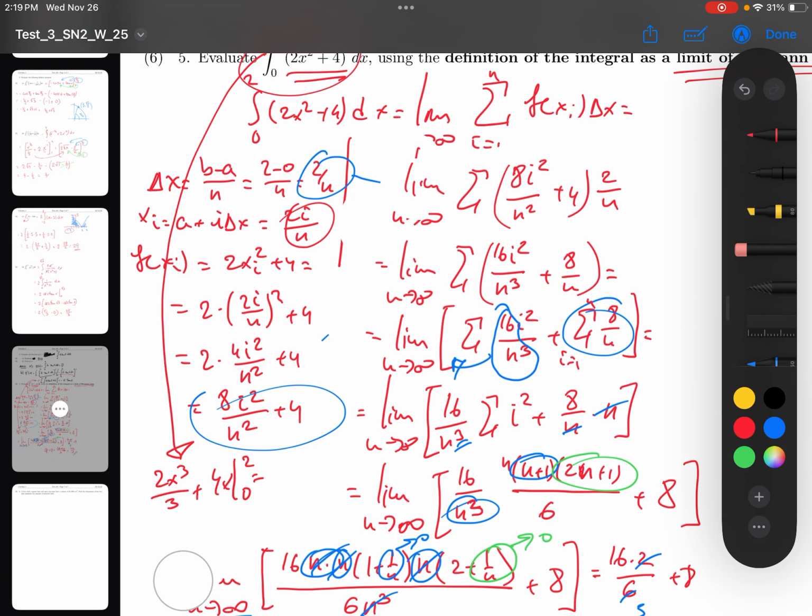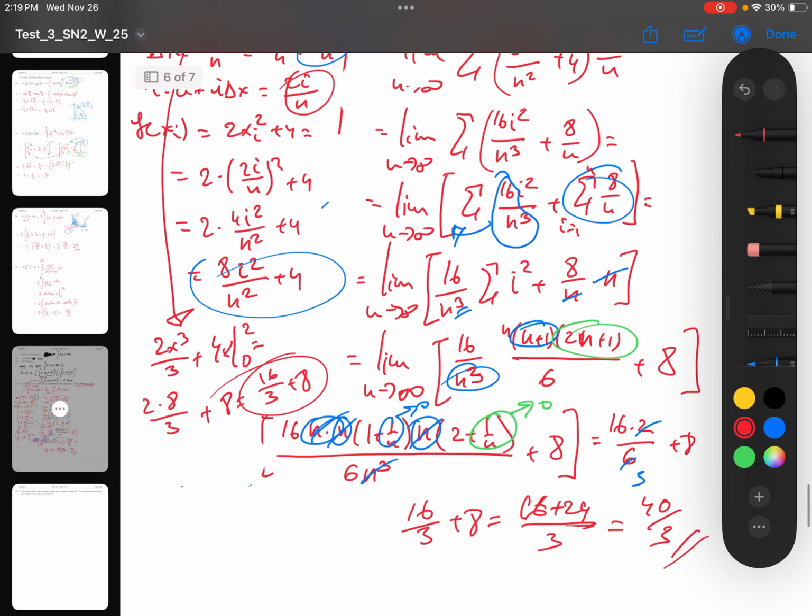That's equal to 2 times 8 over 3 plus 16, which is 16 over 3, plus 8, here my bad, plus 8, which is exactly what we got right here. So our answer